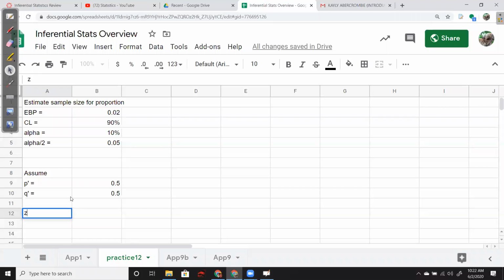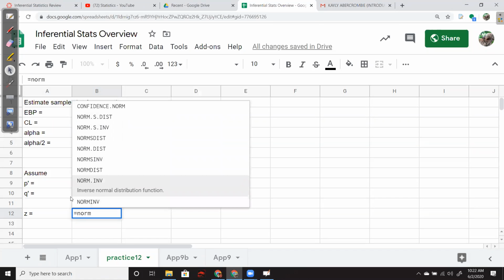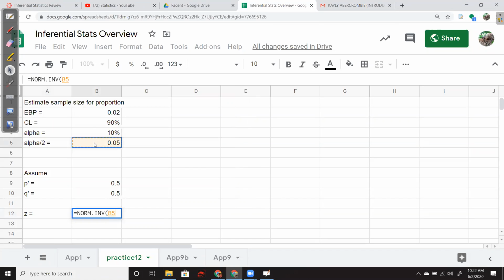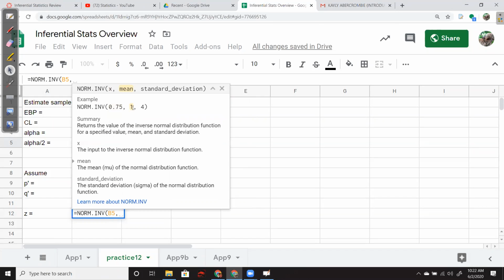So z, that I mentioned, is the norm dot inverse. That would be this one here. And it says, what's your tail probability? It just calls it the input of the inverse normal function, right? I wish a human wrote a better description of that. They should say it's the tail percentage, tail probability. That's my alpha over 2 up here, comma. What's the mean? Okay, now here's the catch. Normally with a proportion, we say the mean, oh, I screwed that up. The mean is the